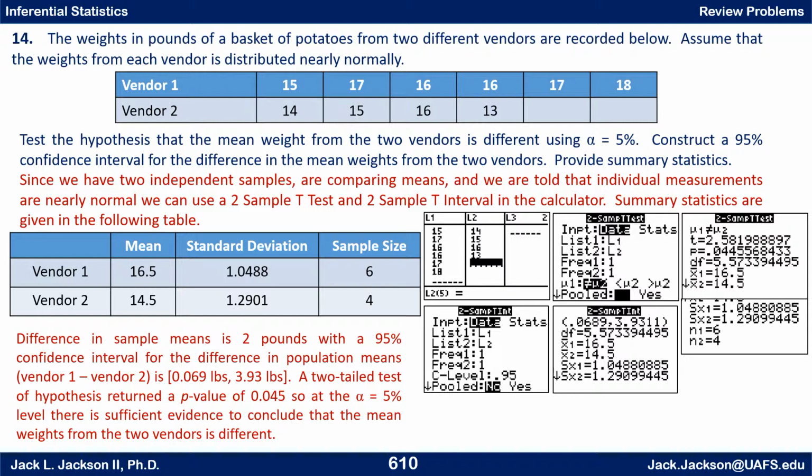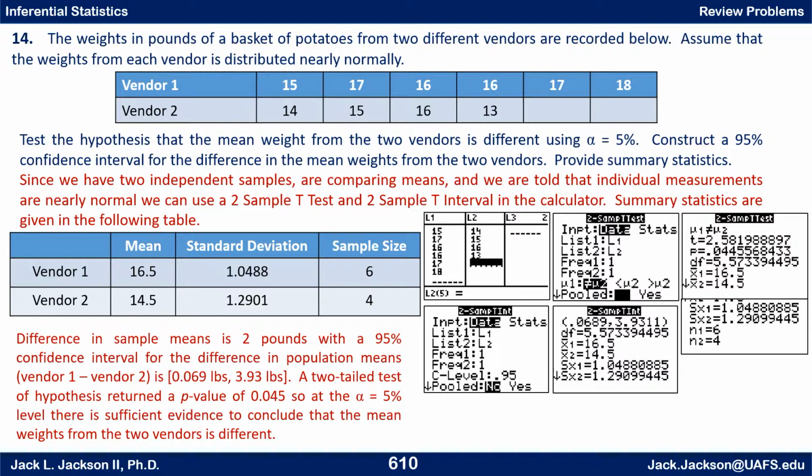So we use a two-sample t interval on that data. That's the two-sample t interval program. Run it. It's the same information that we had for the t-test. In fact, it's probably already all in there for you if you just did this one. You just have to put in the confidence level, choose non-pooled, and tell it to go. And it computes our interval for us, which is somewhere between